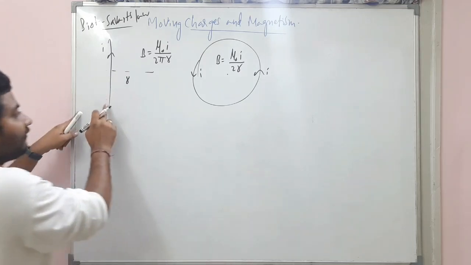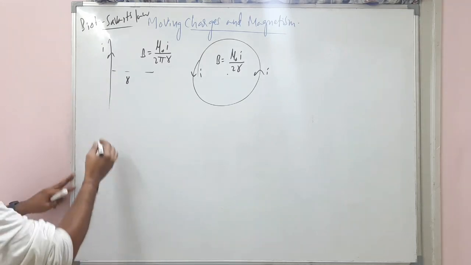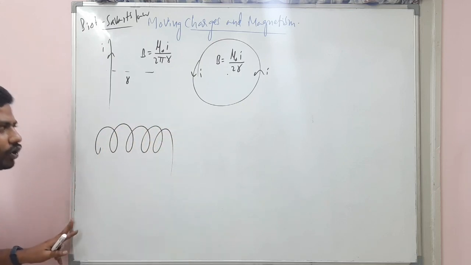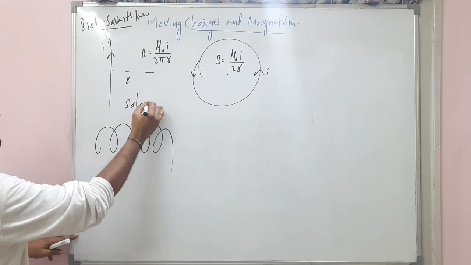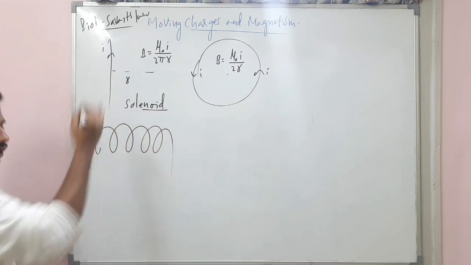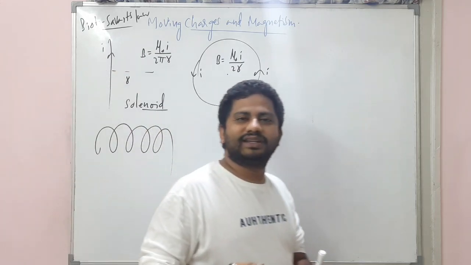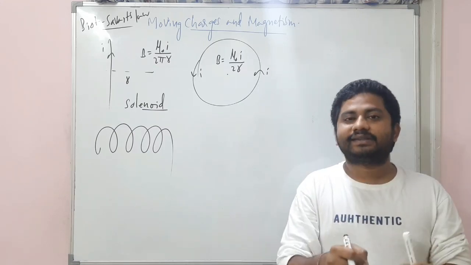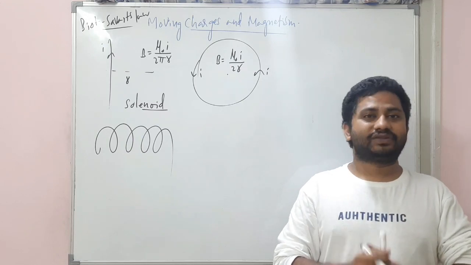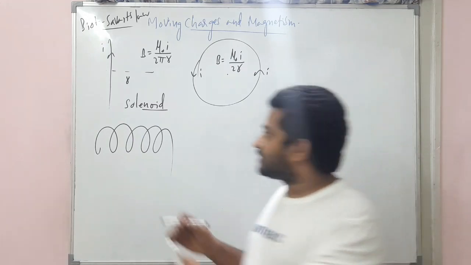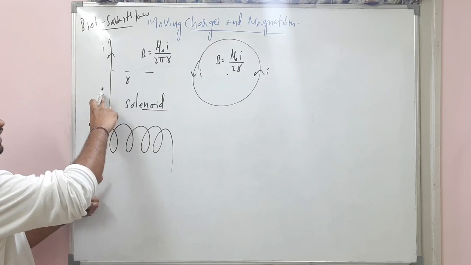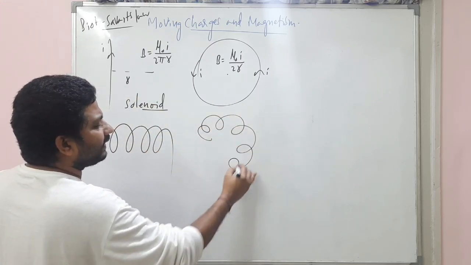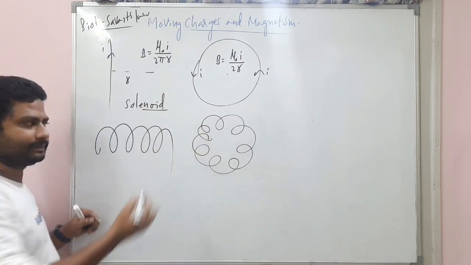Now, the same wire, I am just bending in the form of this, and the shape is called a solenoid. What is a solenoid? All those things are not required for us now. It was discussed during our second PUC classes. Now, the same solenoid means the same wire I have bent into this form. This also you can see, I have bent into this form, my dear students.